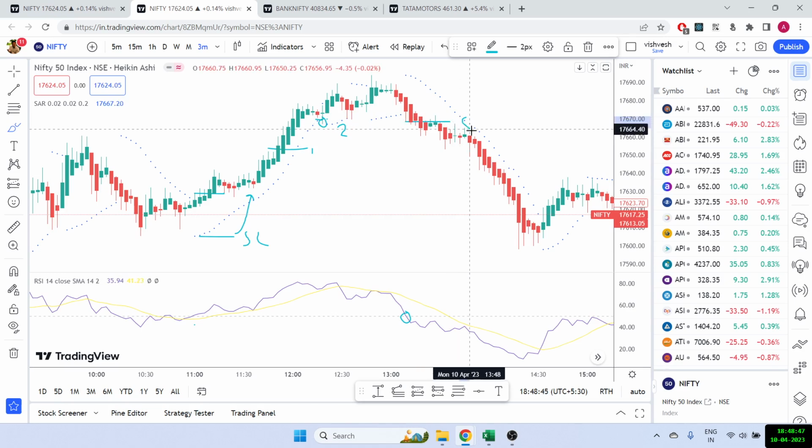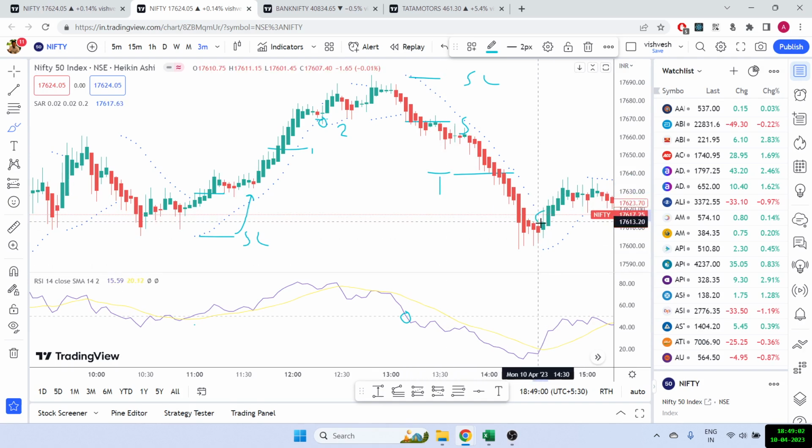This becomes my entry. This is the selling price. This at the top becomes my stop loss. And again, I will do 1:1. So somewhere here, I will take my first exit. So this is my target, and I will exit half the quantity here. And the remaining quantity will get exited somewhere here, because my trailing stop loss, which is the PSAR, will get hit somewhere here. So this is how I will be trading